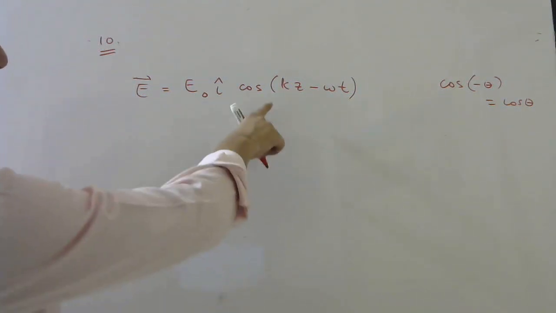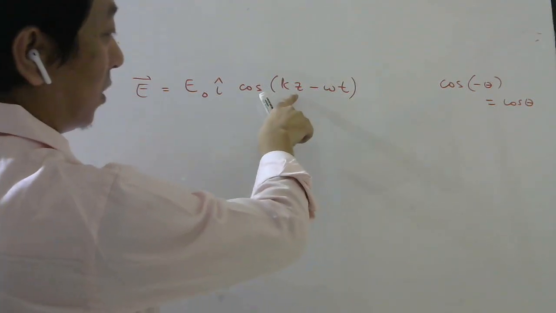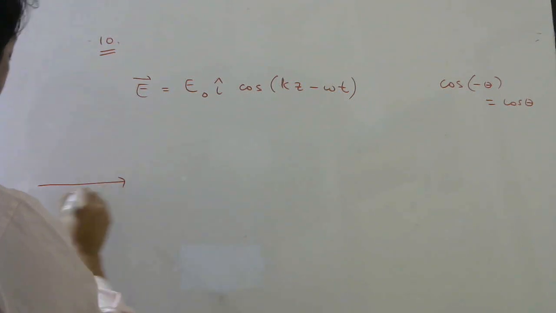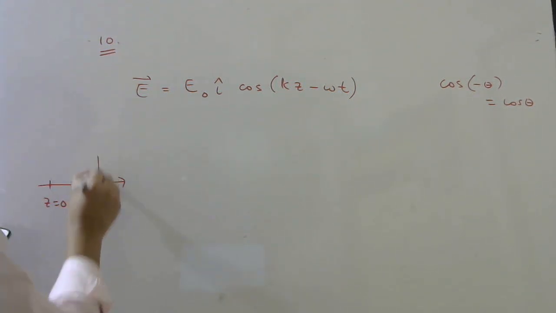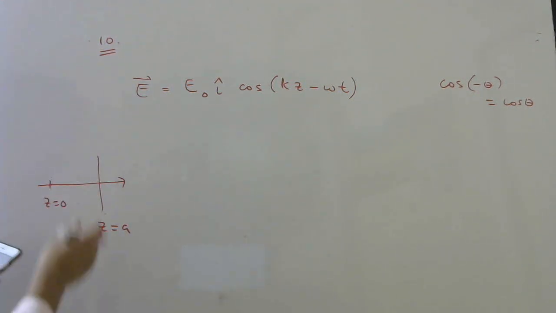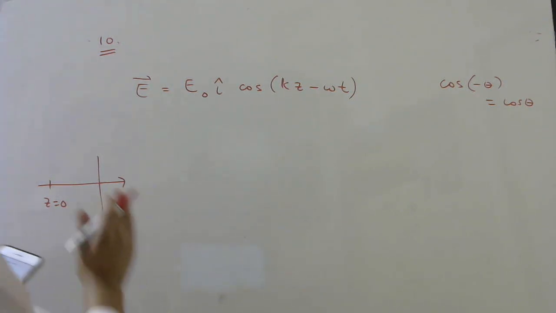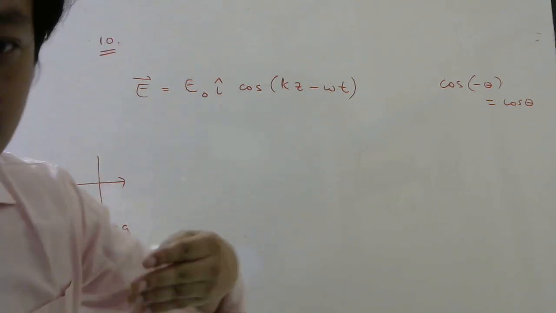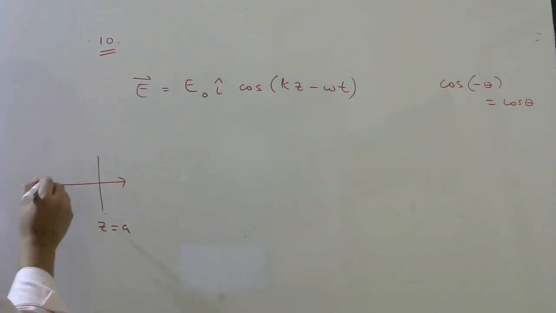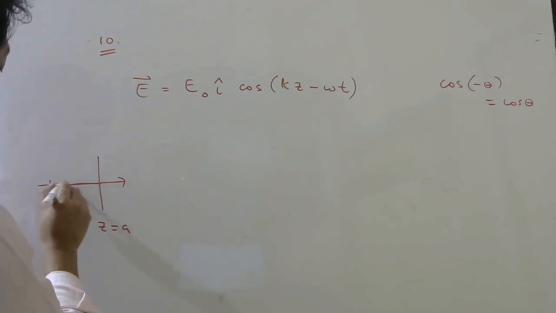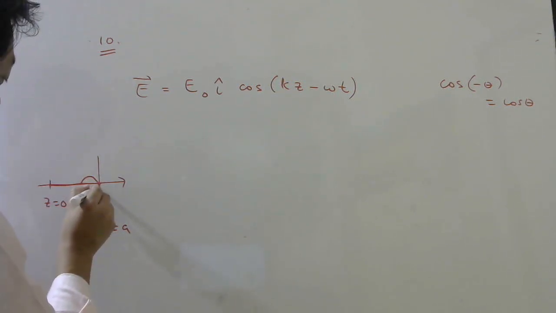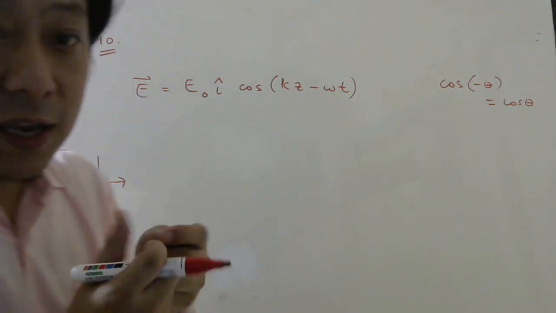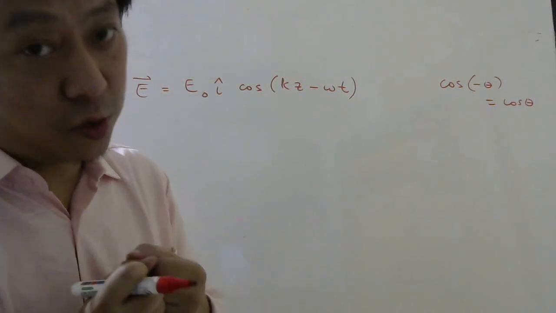So it is traveling along the z axis. The moment I write z here, it is traveling along the z axis. Somewhere on the z axis, at z equal to a, they have put an infinite wall which is perfectly reflecting. So no light will be transmitted. So it is like your fixed boundary. This light will be going like this and it will be reflected like this. And the amplitude will not change because no light is being absorbed.